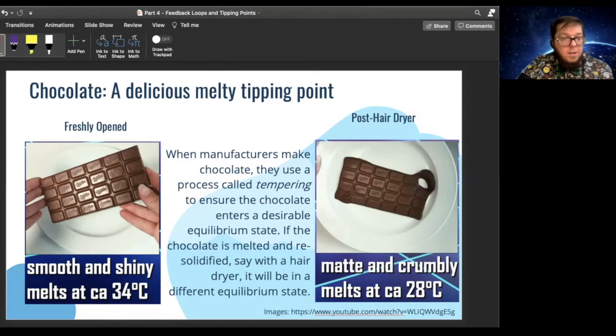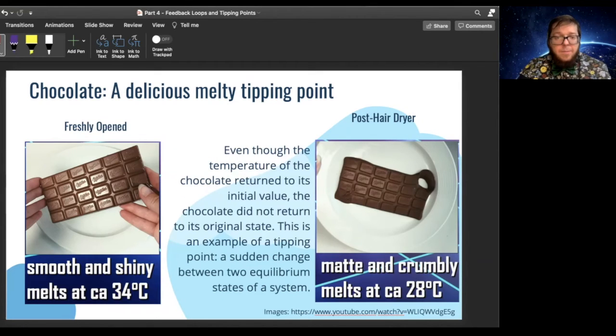It's delicious. However, if you then take that same bar of chocolate and go over it with, for example, a hairdryer, you will at least partially melt the chocolate, and then you let it re-solidify. It's still a solid bar of chocolate. It is no less delicious, except that, well, maybe its texture is changed and it melts more easily, right? So no, it's not as shiny anymore, right? So it's still chocolate, but